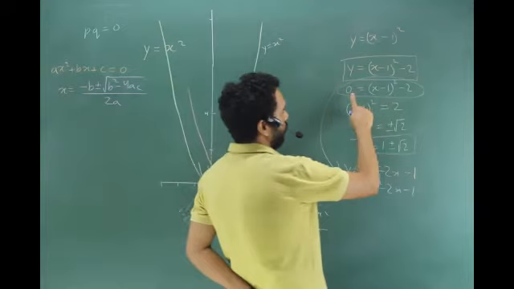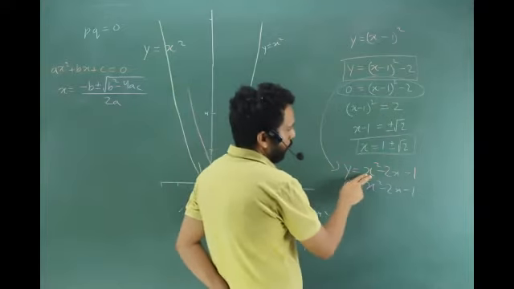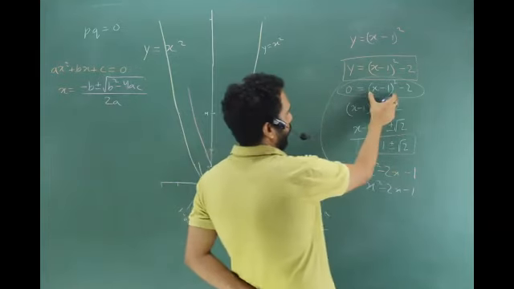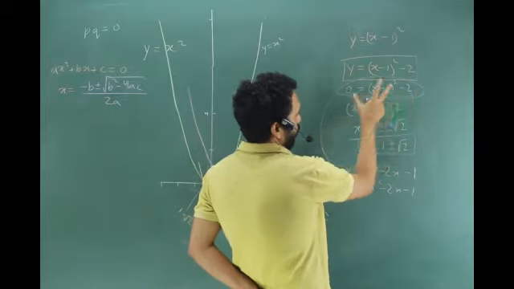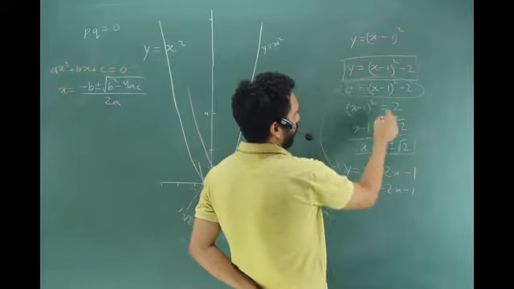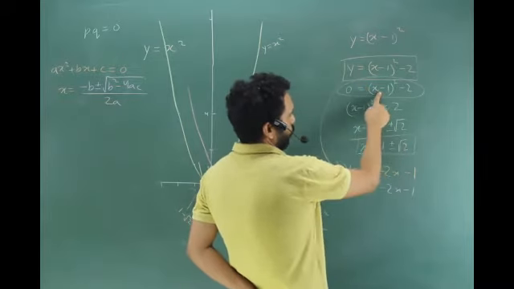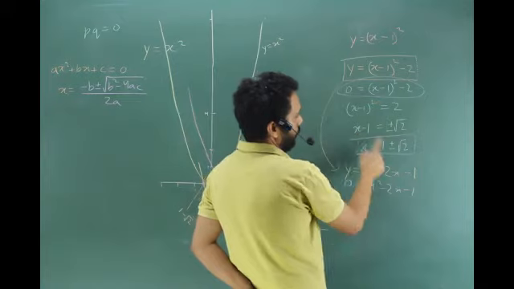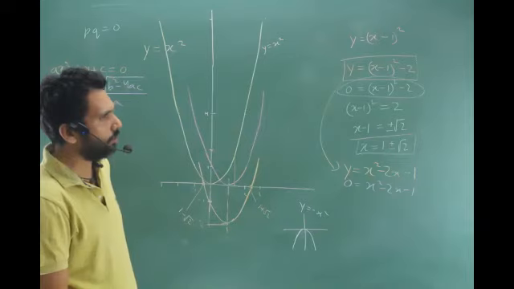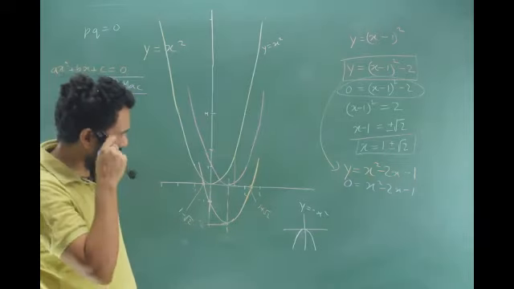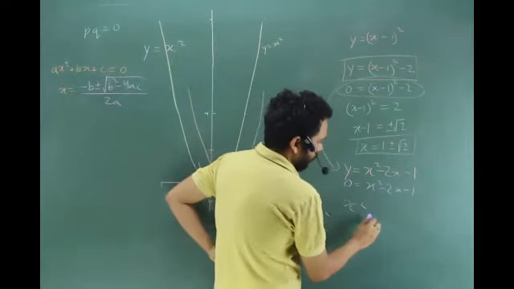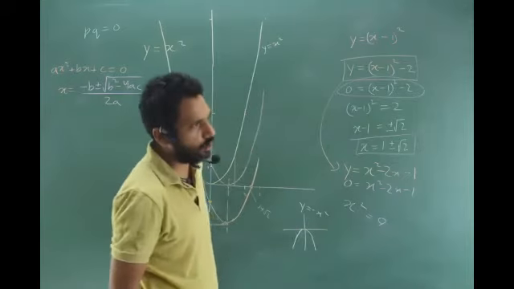What is this process called? It is called completing the square. It doesn't have a square in it, you make it a whole square somehow. Why do you want to make it a whole square? So that a whole square and rest is like a constant. You have to make that. Why? So that the rest can be underrooted and the whole square thing becomes a linear, which can be easily solved, right? That's the idea. Got the point? Like if I say how to solve x square is equal to 9, it can be easily solved. Why?